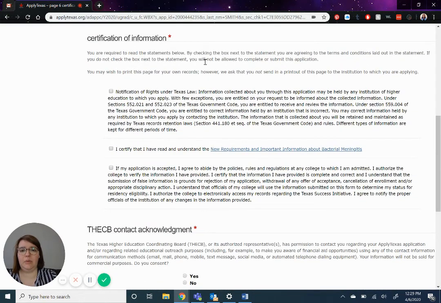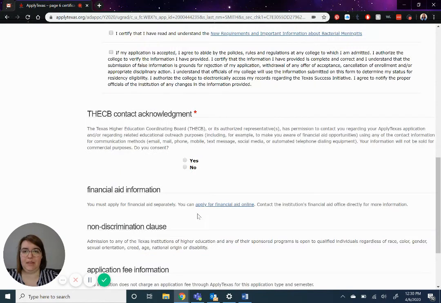Then I will explain all of these things because it is a lot of words. So this first thing is saying that we are not going to sell your information to third parties for financial aid opportunities and things like that. Schools already have access to that, so we're just not going to sell it, basically. This next one is saying, if required, you'll need to submit proof of your bacterial meningitis vaccine. This one is saying, if you are accepted, you will abide by the code of conduct. Okay, so you'll just check these three